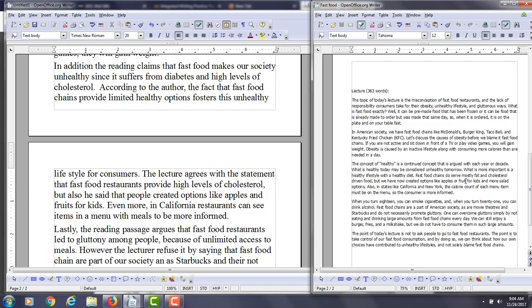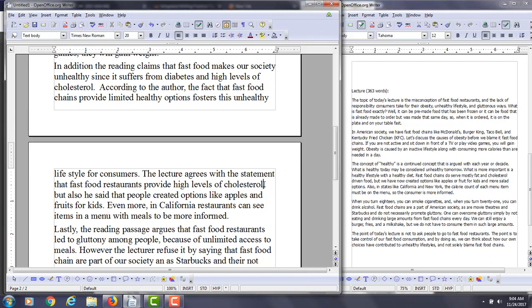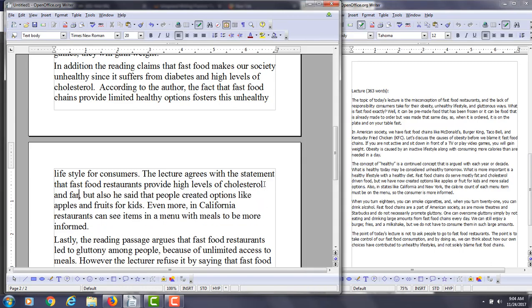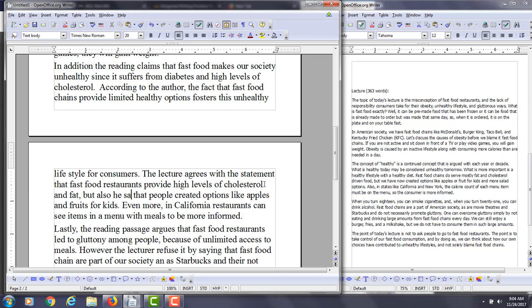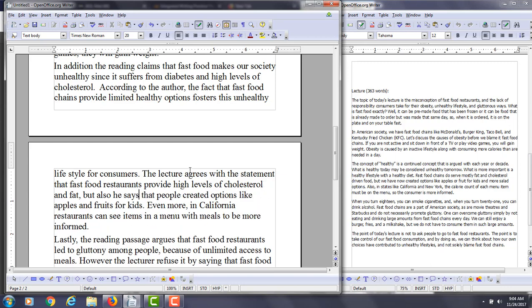Yeah, it says that mostly fat and cholesterol driven foods, high levels of cholesterol and fat, but he also says keep it consistent. You notice how this verb here is present tense? You want to keep this verb also in the present tense. So the lecturer agrees with the statement that fast food restaurants provide high levels of cholesterol and fat, but also